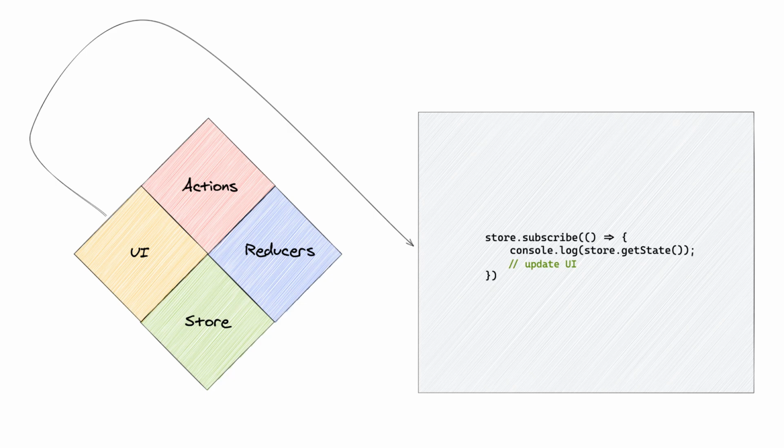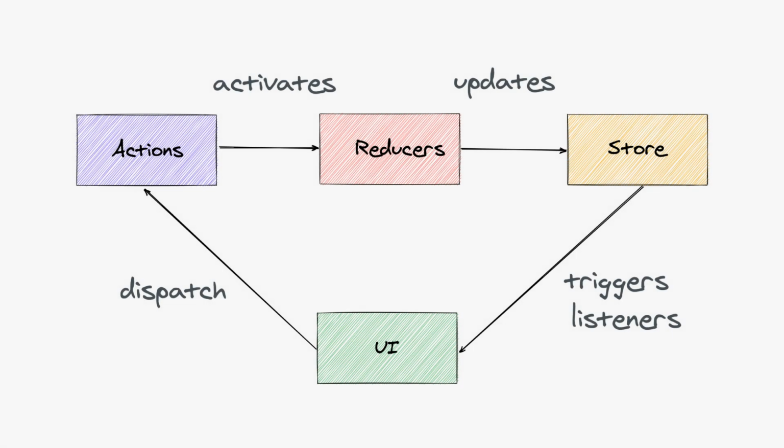In the UI, we generally subscribe to the store changes and update the UI whenever the store gets updated. Now that we have knowledge of the main building blocks of Redux, let us understand how these work together. When we want to update our store, we dispatch actions. Actions are like events. After actions are dispatched, the reducer is activated and it updates the store. Imagine reducers as event listeners. Store changes can be subscribed to in UI parts, and whenever the store gets updated, all the associated callbacks get triggered.